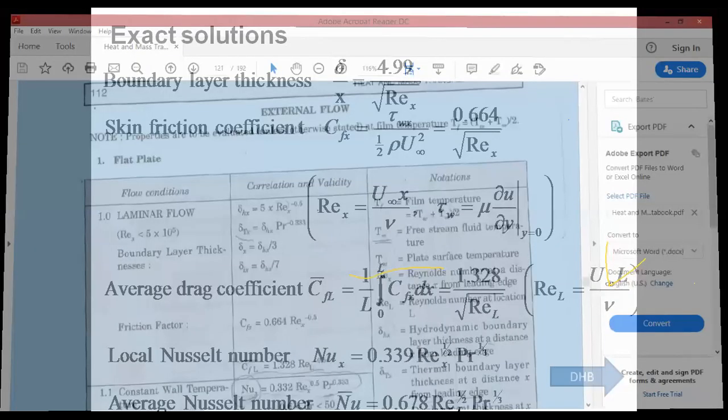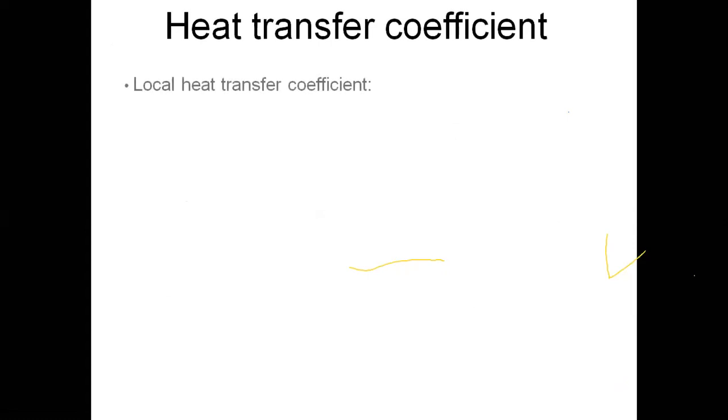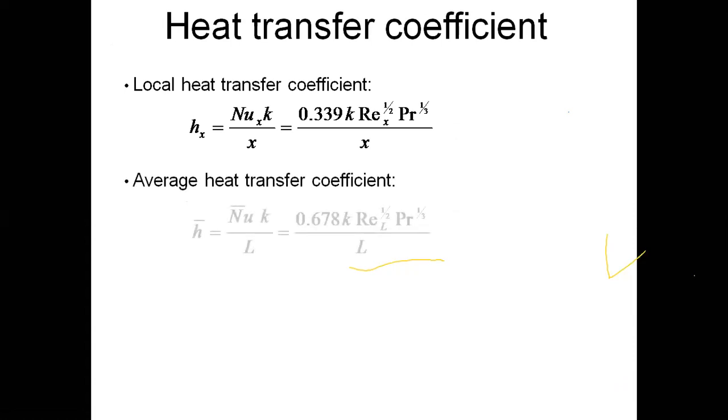So let's come back. These are all the equations that we listed. Let's see how best we can use them in practical conditions. Now we are interested in a heat transfer coefficient. What is heat transfer coefficient? As we said, the Nusselt number is a dimensionless heat transfer coefficient. The relation between Nusselt number and heat transfer coefficient: hx, the local heat transfer coefficient, is equal to the local Nusselt number into k, thermal conductivity of the fluid, divided by distance x. The other way of writing it is Nux, Nusselt number, is equal to hx by k. All these equations are available in the data handbook.